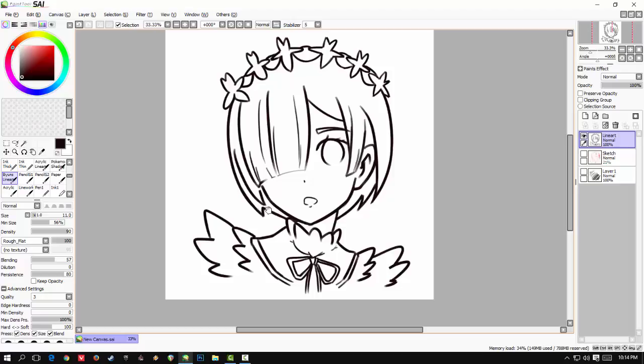The line art is done. I haven't completed the other parts, like the ribbon in her hair. I'm just going to complete that later on. Okay, so as you can see now it looks nice. The brush looks pretty nice, and now we will head into coloring